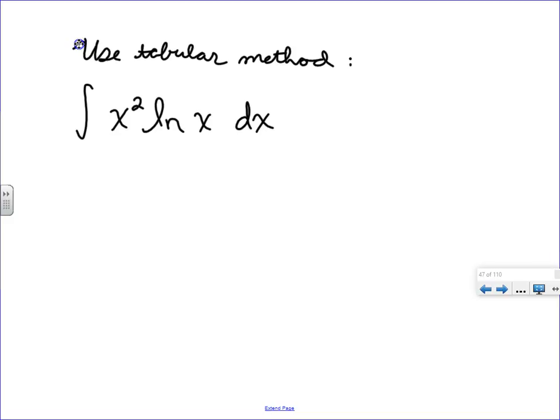What do we have to choose to be here? You guys already figured that out. We have to choose ln, LIATE, right? We have to choose the logarithm. So therefore if we have our